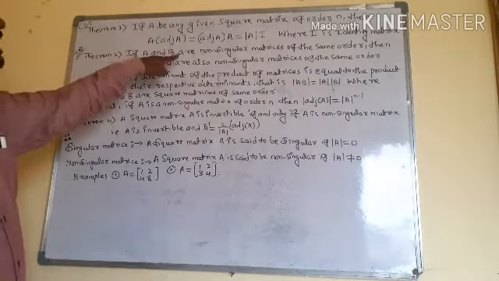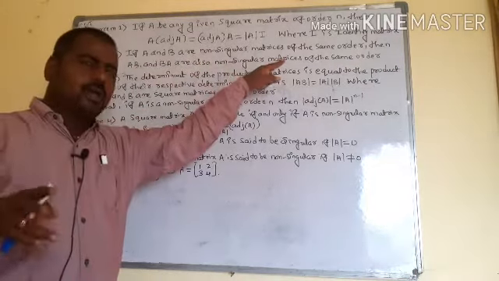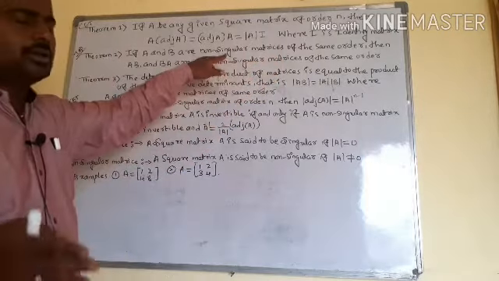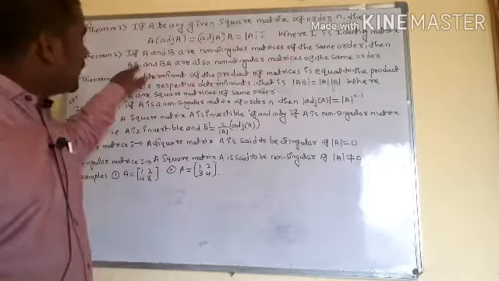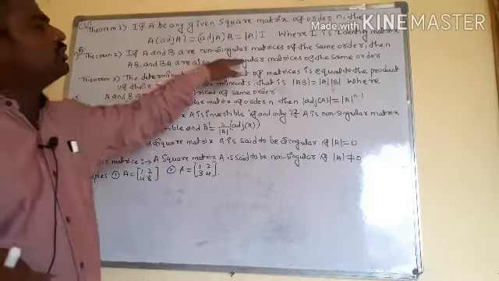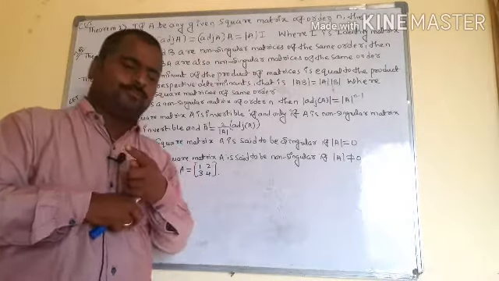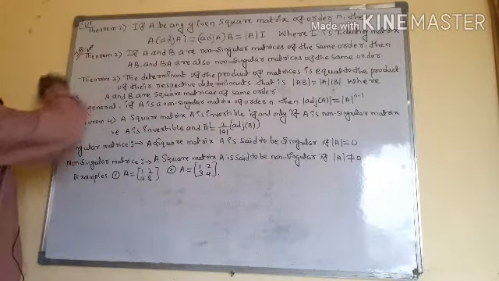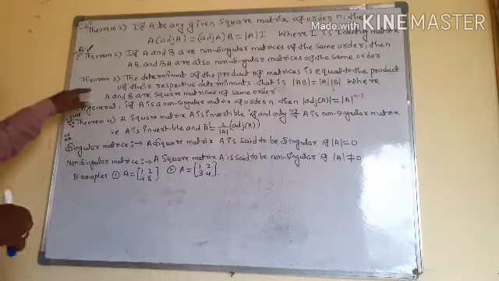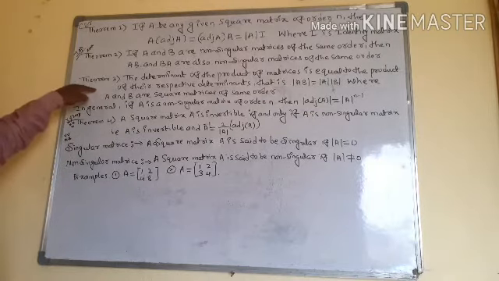If A and B are non-singular, not equal to 0, of the same order, then AB and BA are also non-singular matrices. So already I said that 3 marks questions are asked, they are proving this theorem. Most important theorem, another one, that formula and how, there is your knowledge purpose.